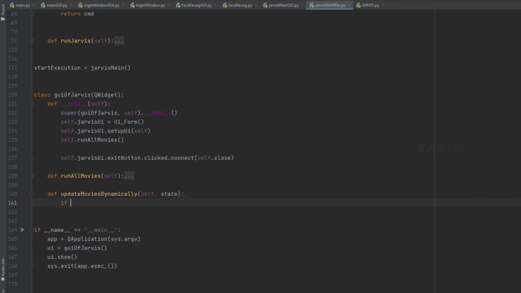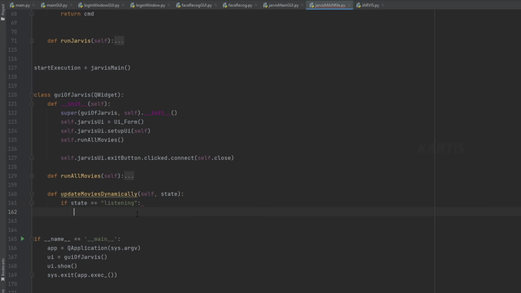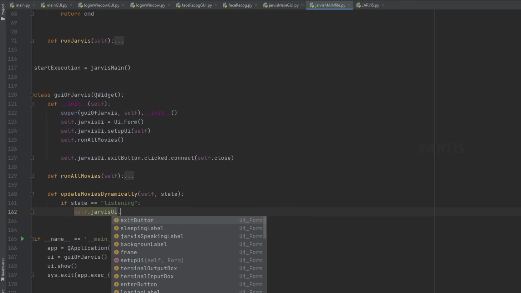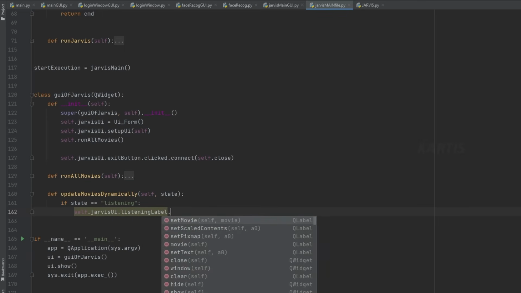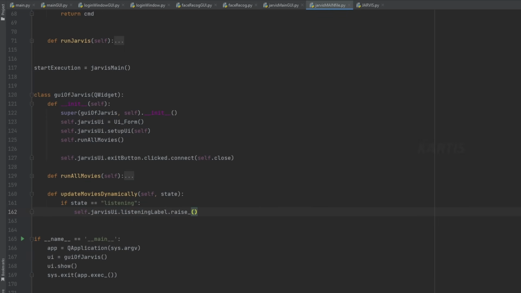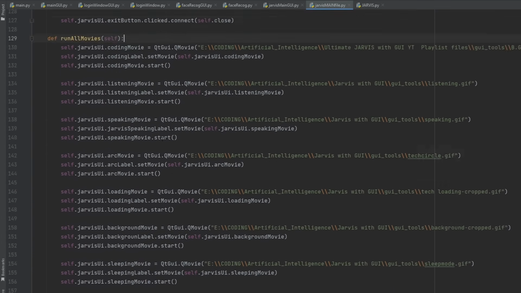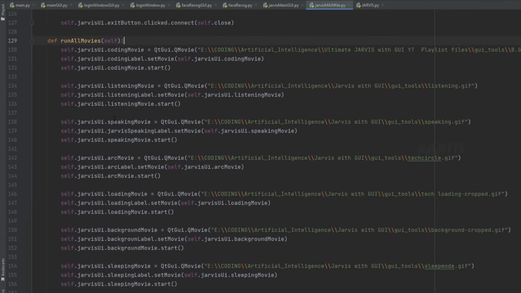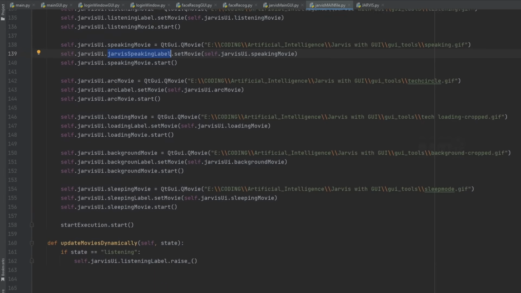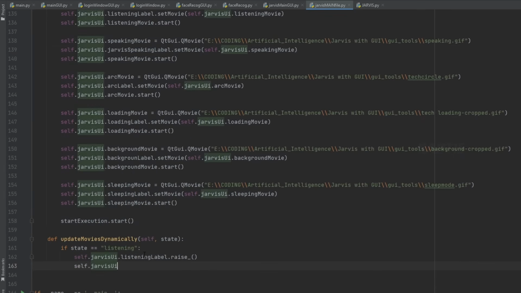Okay, so let's say if state is equal to listening, first we need to self dot Jarvis UI dot listening label dot raise. So we should bring the listening label in front of us, and then we should hide all those backend labels which are hiding this listening label. For example, this coding label won't affect this, and the speaking label will definitely affect this, and we should hide this out. Okay, so self dot Jarvis UI dot speaking Jarvis speaking label dot hide,